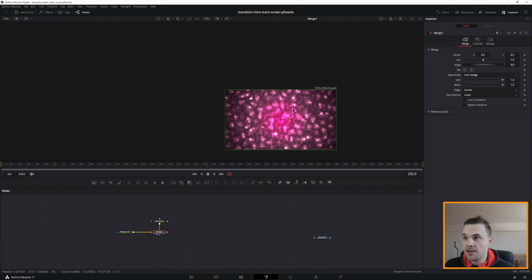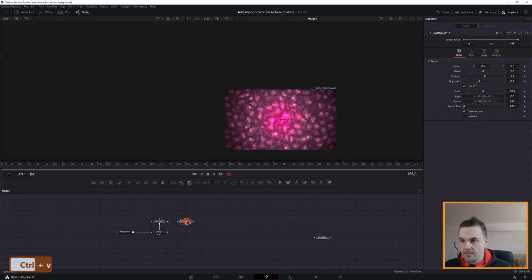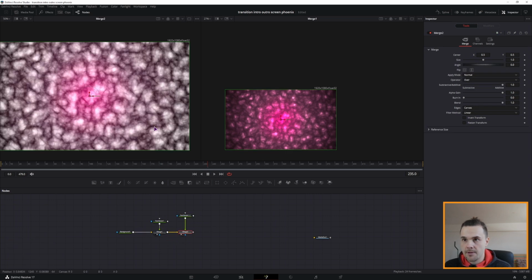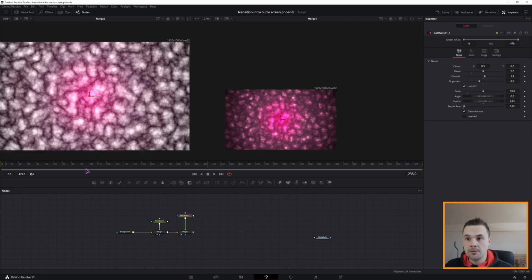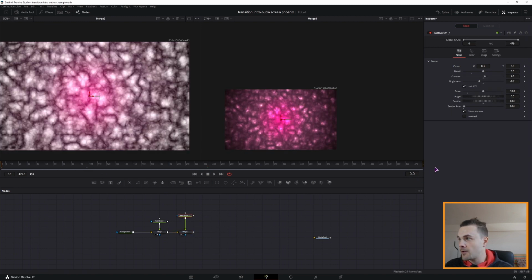Now in case the effect is a little bit too strong, you can go to the merge node and adjust the gain by lowering it, maybe to 0.85, something like that. Now I'll copy this Fast Noise and connect it here, just like that. And I'll display it on the left side, just so we can see the difference between this node and this one. Now what I'll want to do is go to the beginning, to the first frame,